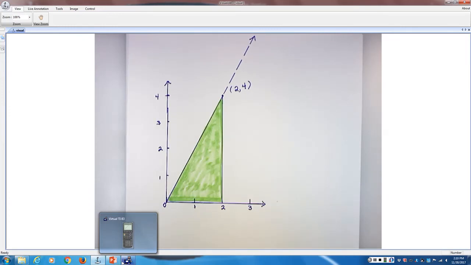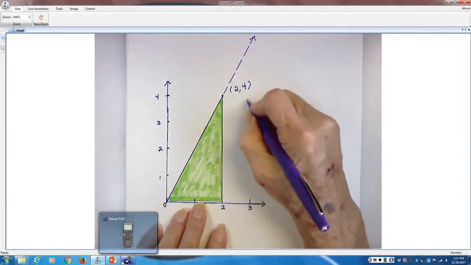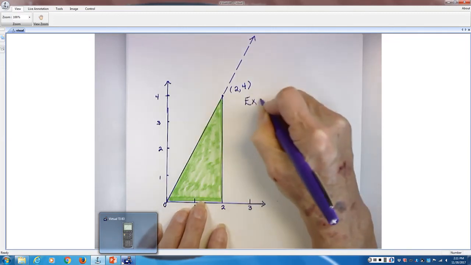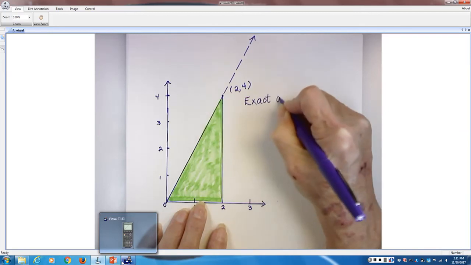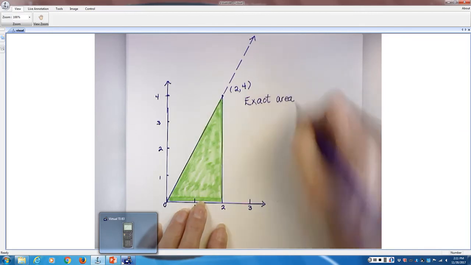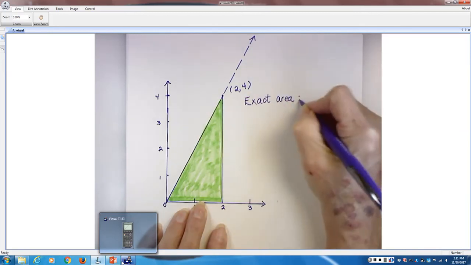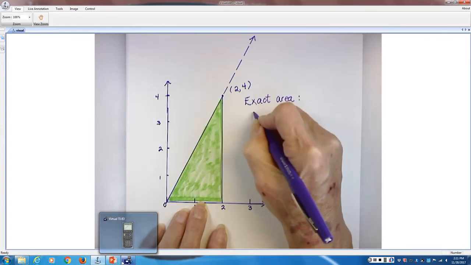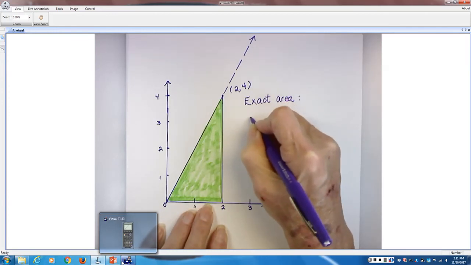And if the part I'm interested in is only that part I just shaded in green, and I'm trying to find that area without calculus, because this one I can find easily enough, the formula for finding the area of a triangle, the exact area,